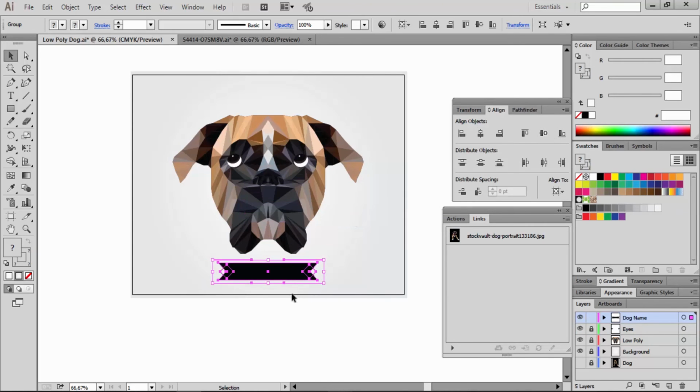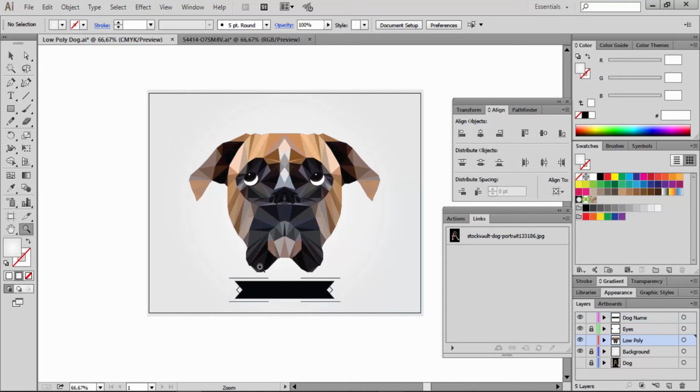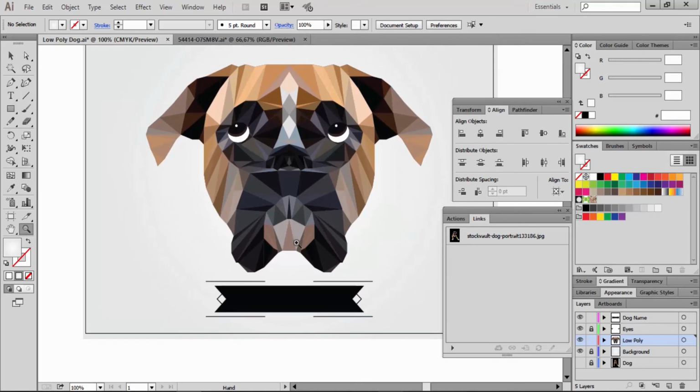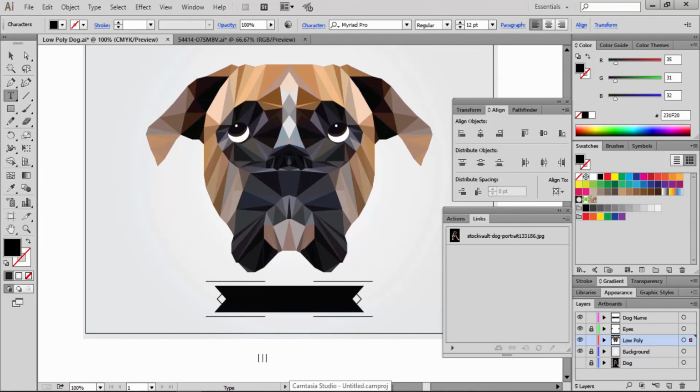We align it. Now, how can we name this dog? I think Orion could be a great name for it. I think this is a popular dog's name. I'm going to choose this font, which I really like, and put it over here.